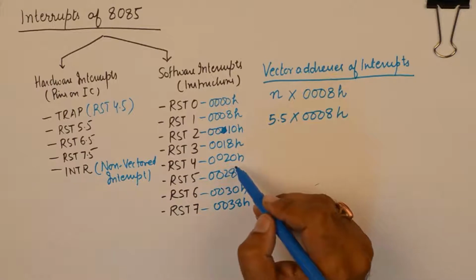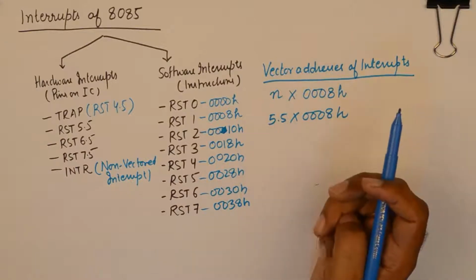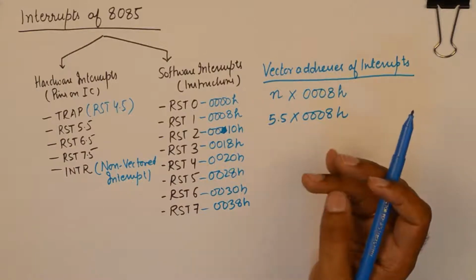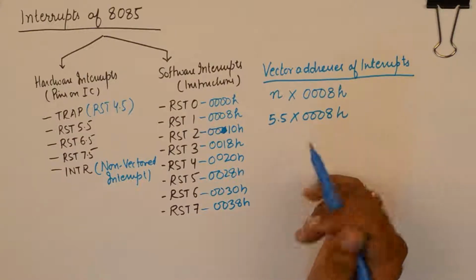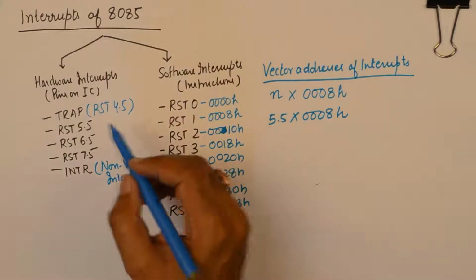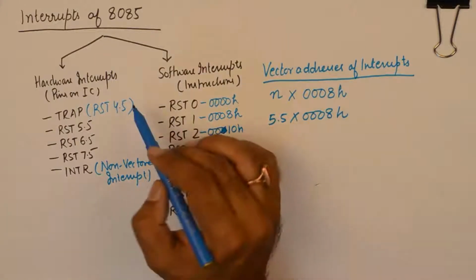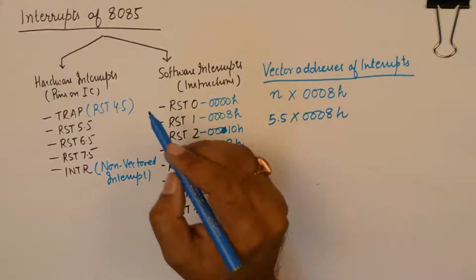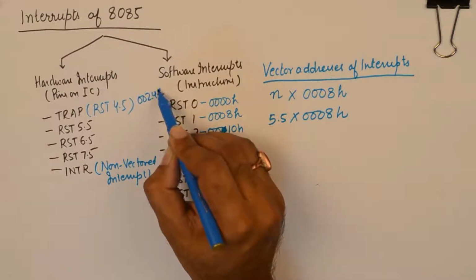So what you could do is you could start counting from 20, then you go to 21, 22, 23, 20, 21, 22, and 23, and it starts from 24. So you could write down the vector address for RST 4.5 to be 0024H,